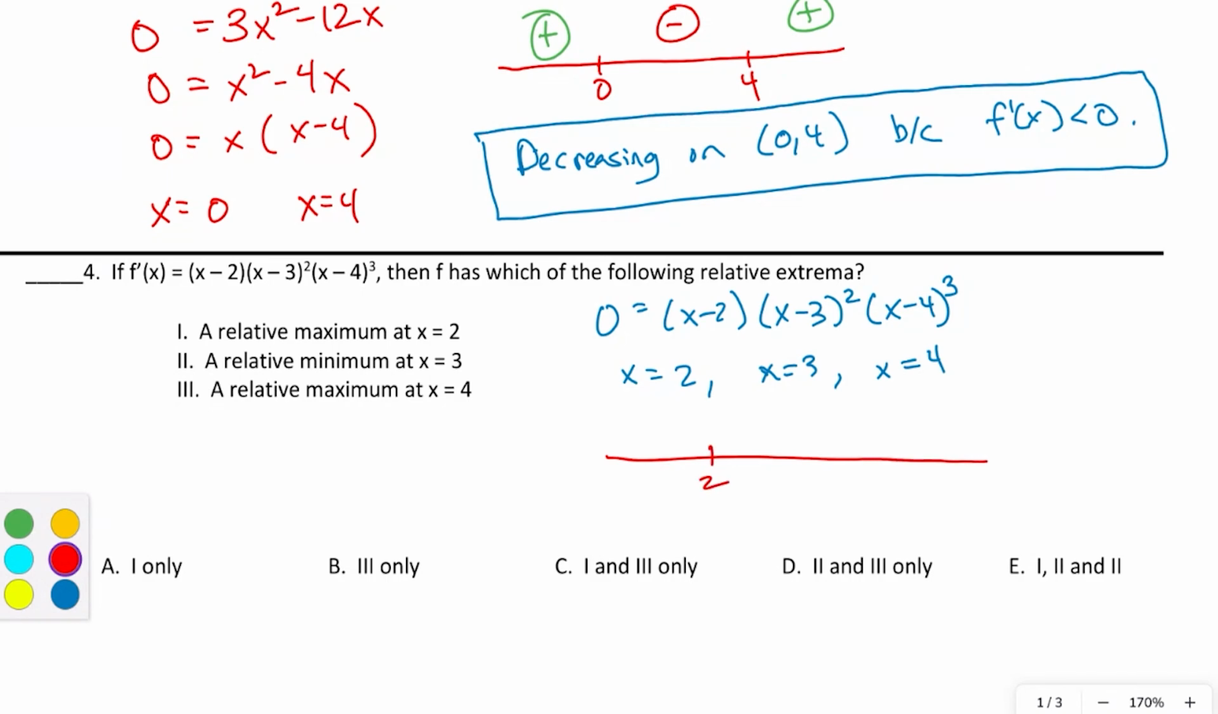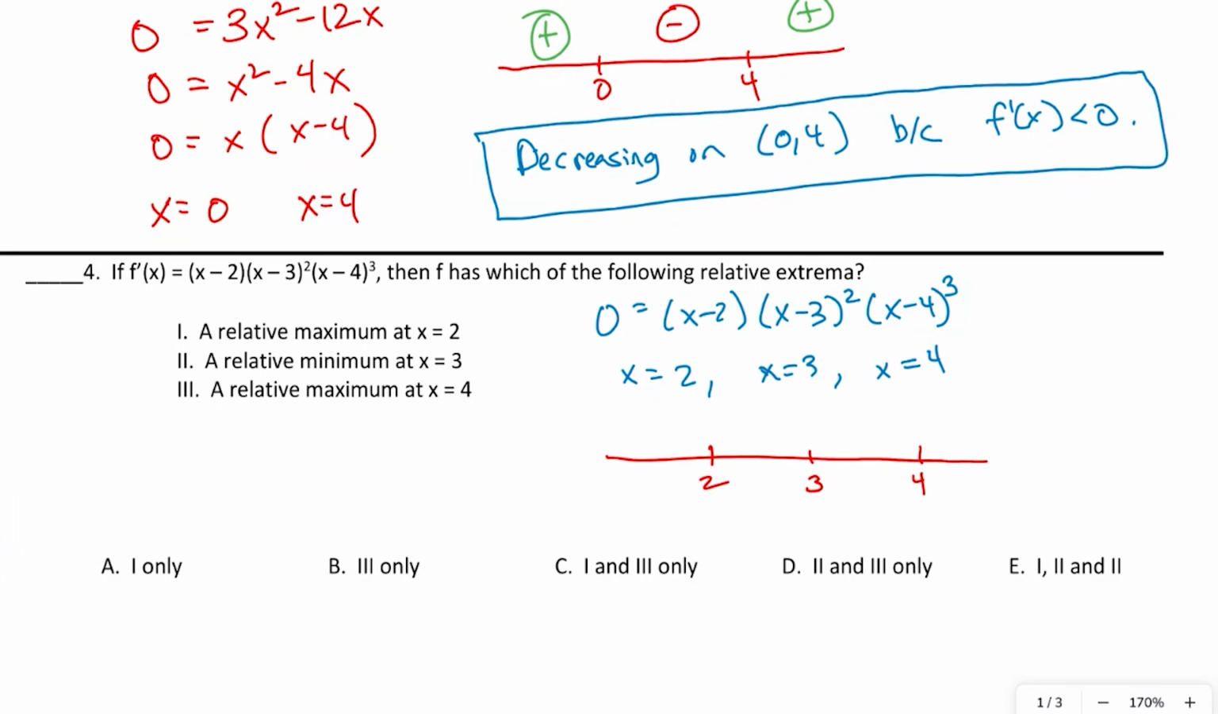So I've got 2, 3, and 4. Now, it says, then f has which of the following relative extrema? So basically we want to know which of these are true. And so we'll have to decide whether or not we have a max or a min at each of these values. So if I substitute a number in like 0, and I plug that in, I'm going to get a